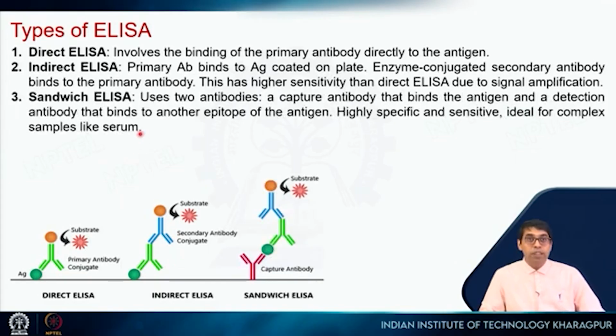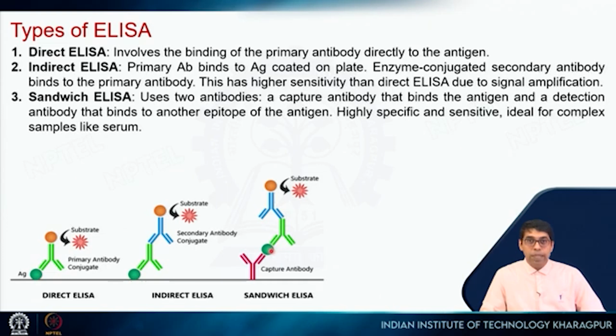The third one is sandwich ELISA. In this case, it uses two antibodies for the same antigen. Okay. So, the first one is a capture antibody. Here the antigen is not on the surface, it is the capture antibody that is on the surface, and your antigen, it is most probably in some liquid sample, let us say. So, you flow it, your antigen will bind to this capture antibody, right. So, this is practically more useful,